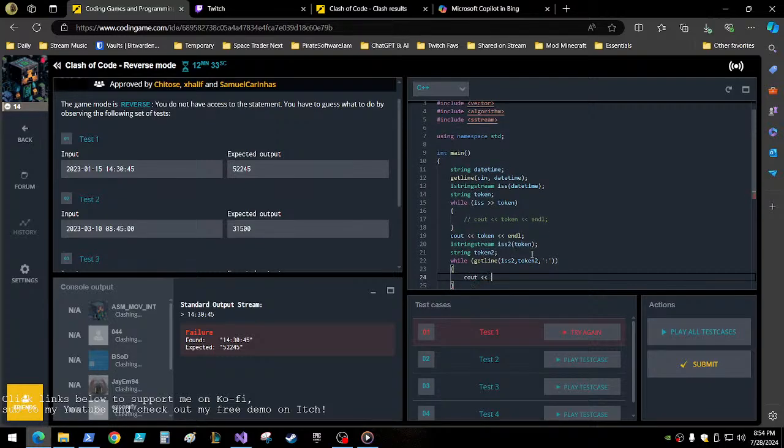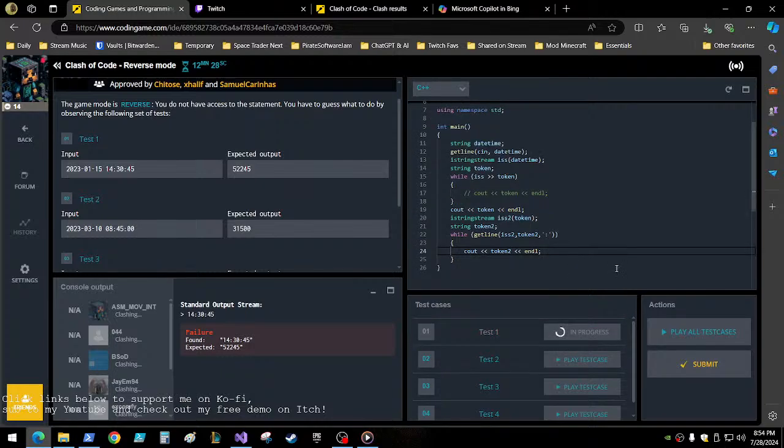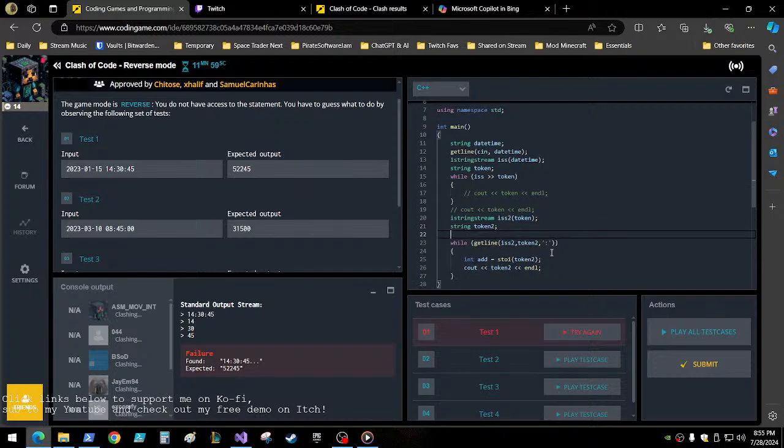We're going to cout token 2. Okay. Okay, now we don't need this one. So with these three, the first thing we're going to get is the hours, minutes, and then the seconds. Okay. So we want to convert each one to, so int add equals s2i token 2. Int c equals 0. Okay. If c equals 0,